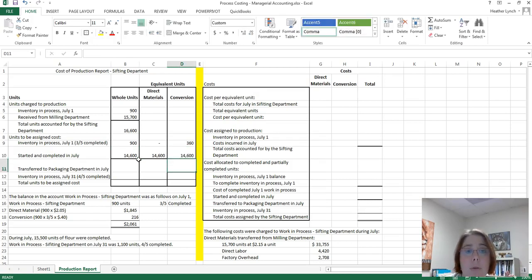And that total goes across. So what we're going to be doing is transferring started and completed,